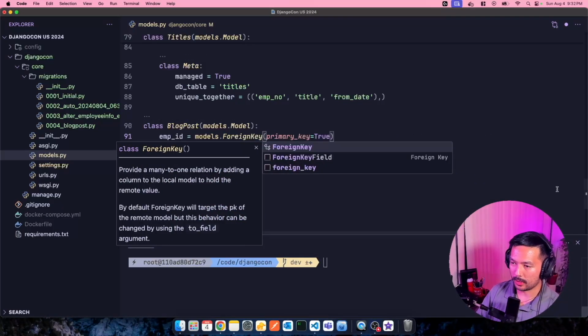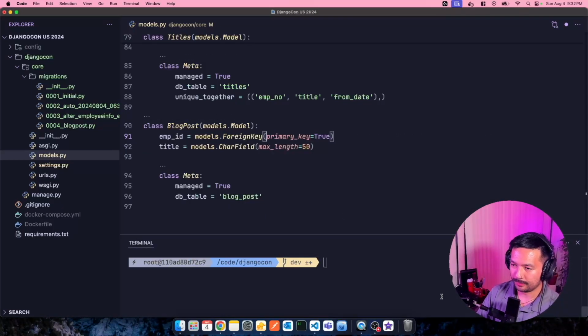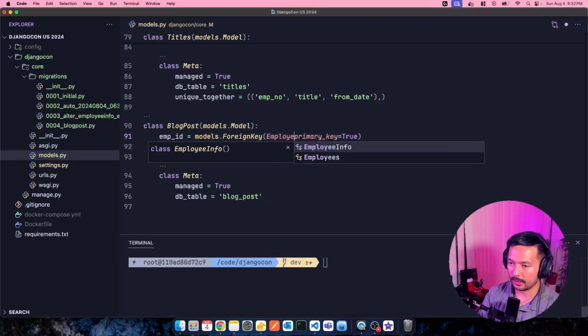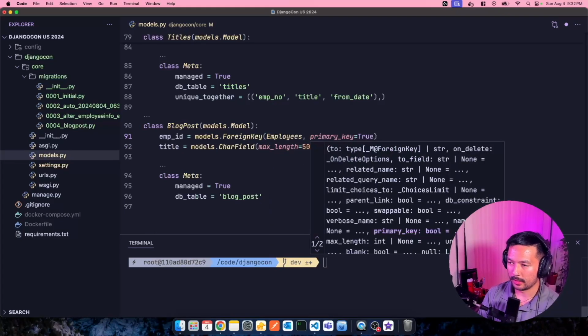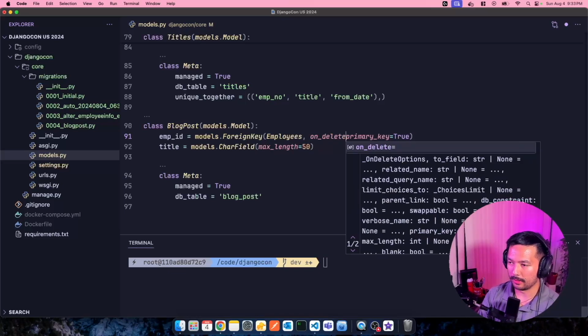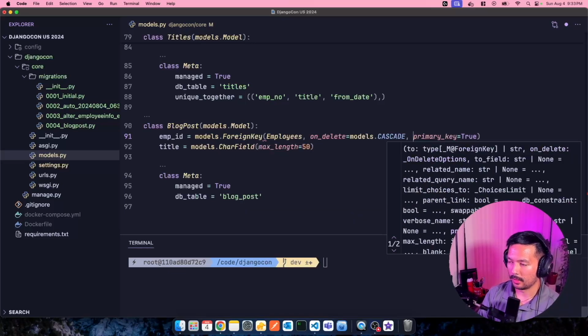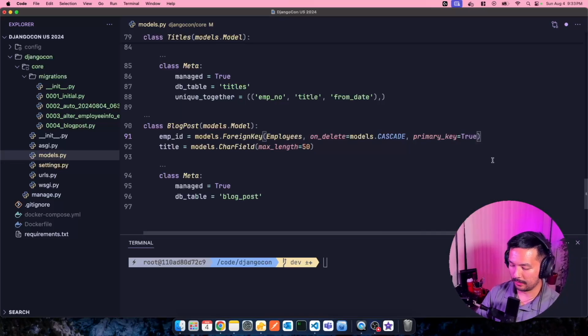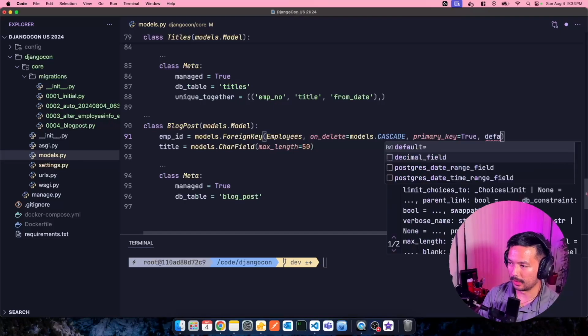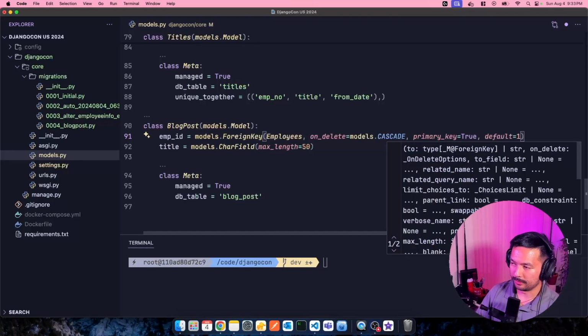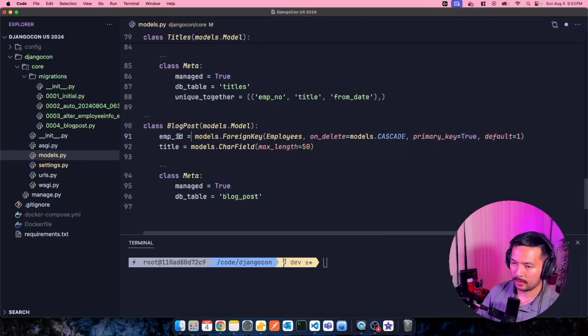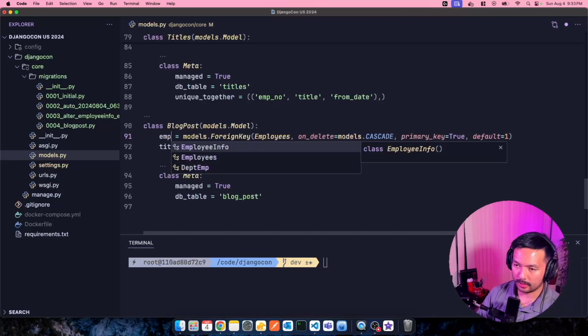So if we do foreign key, and then we point it to employees, and we define the on-delete behavior. And let's provide it a default so it doesn't give us an error. If we do this and we just want to call it employee,